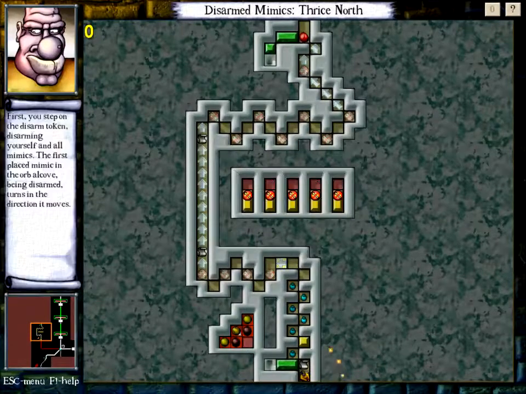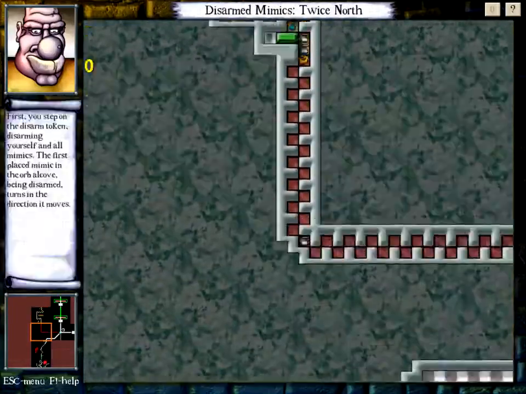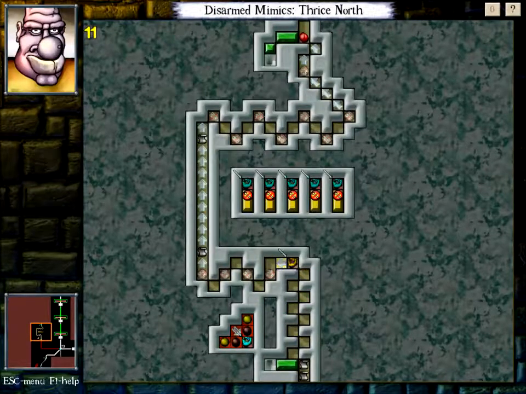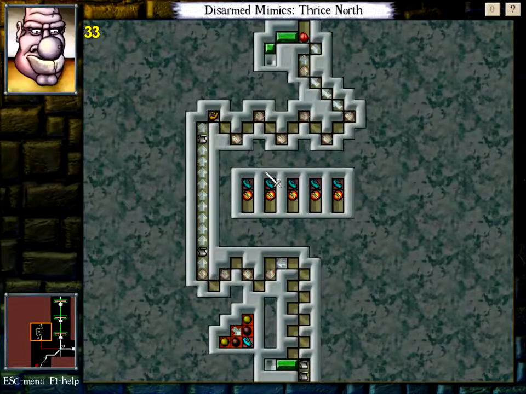Where was the last... There's no checkpoint. There's no checkpoint in this room. Okay, I was trying to figure out what it is I was supposed to actually be learning from that. Here, we'll just use the mouse. It's going to require some thinking, but I'm sure you can work out. So, here,